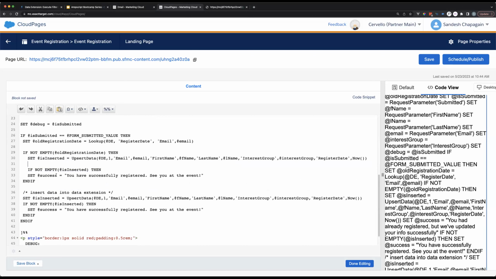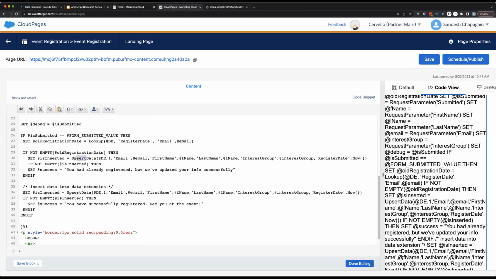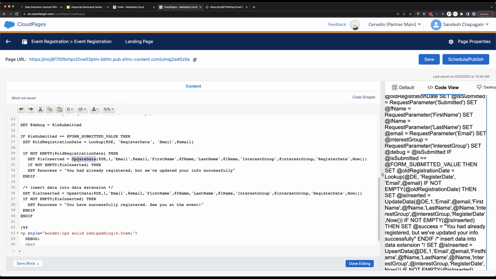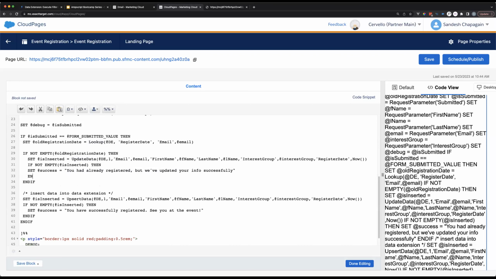One is when they actually have it, and one when they don't. So let's do that. And here we don't really need to observe, we can just update. We don't want Marketing Cloud to also look for that because we already did that using lookup. So we're just updating that data in that case, setting the success to be you've already signed up, ending that if.